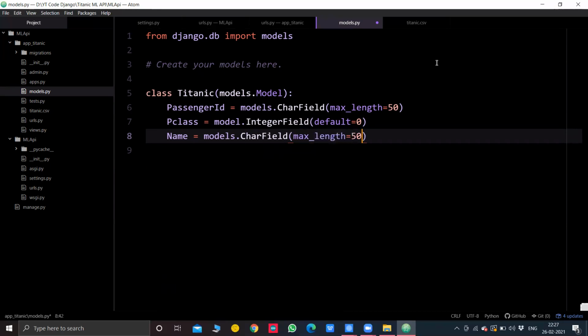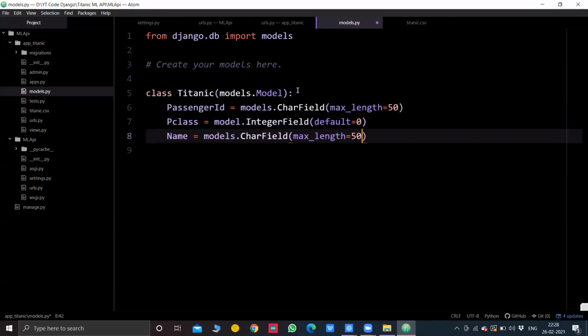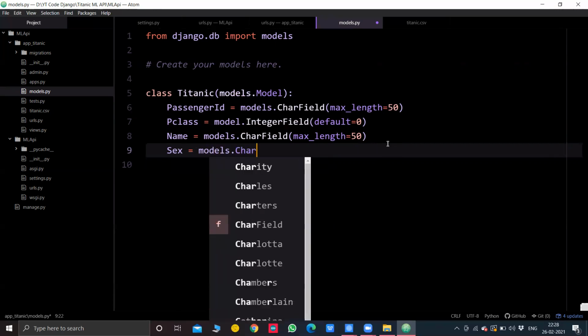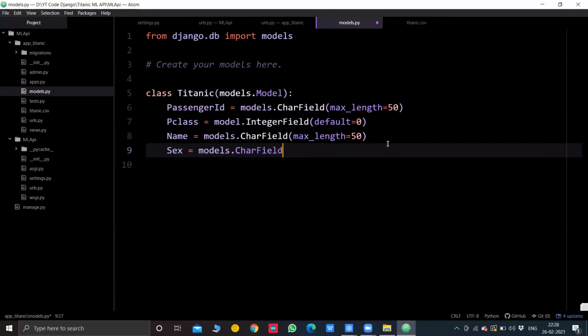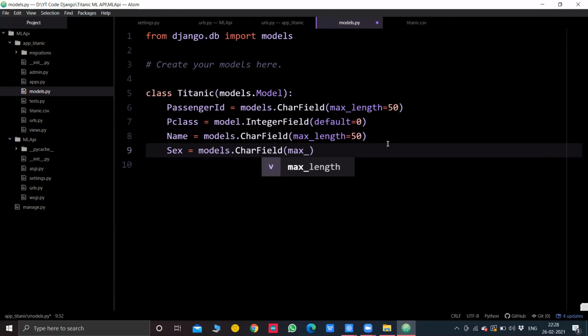Now after name, there is the gender or sex. So I'll mention it as equal to models.CharField again. I can simply copy paste it, but I won't, because I would like to get this in your head, and I'll also recommend you to type each and everything.